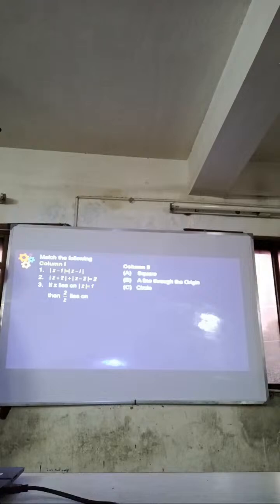If z lies on mod z equals to 1, then 2 by z lies on